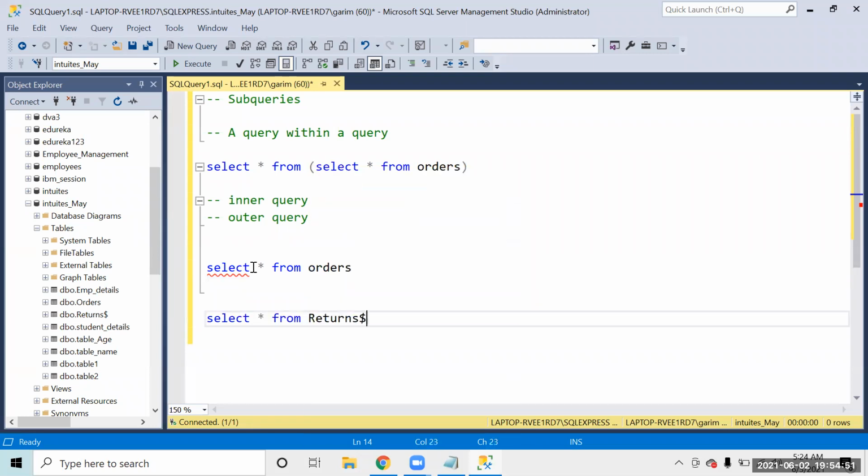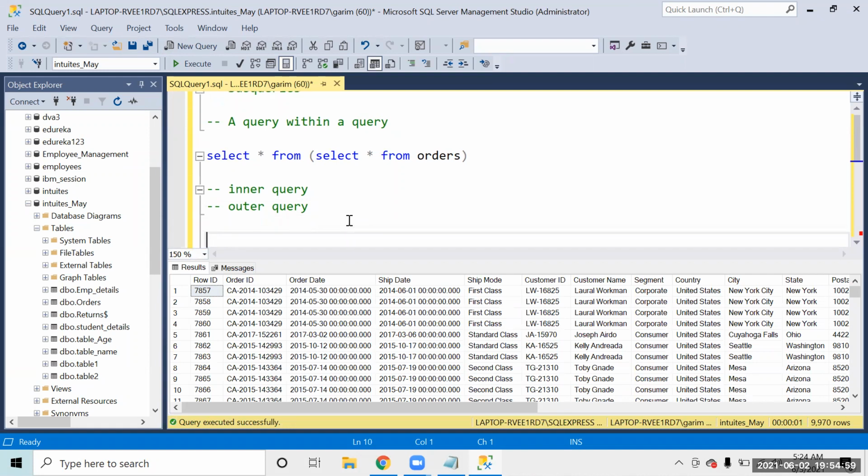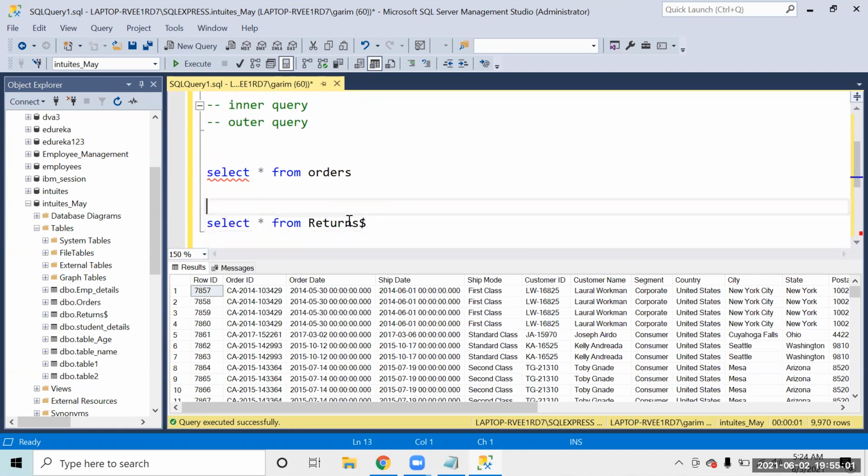In orders, we have the complete orders data, and in returns, we have those order IDs which were returned. Remember, we did a couple of questions using joins: finding the orders which were not returned, or the orders which were returned, and what sales were lost due to the returns. A variety of questions we did on joins.